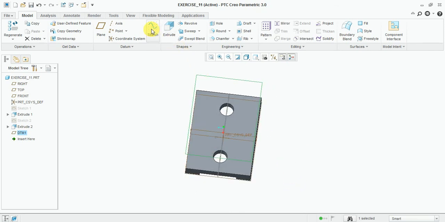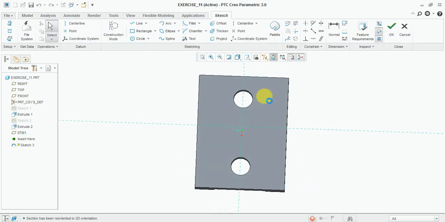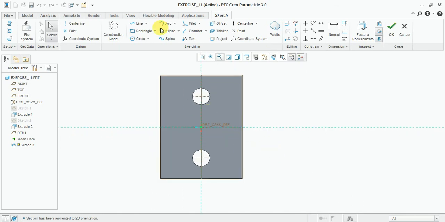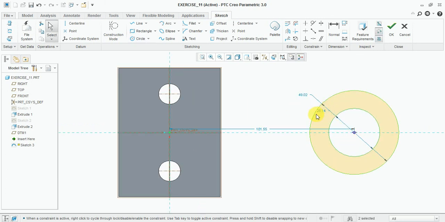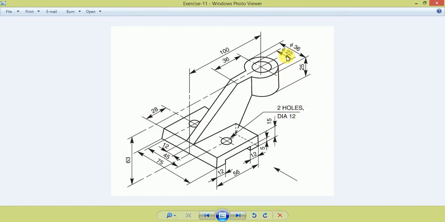Okay, now sketch. Draw the two circles. Inner circle diameter 22 and outer 36.